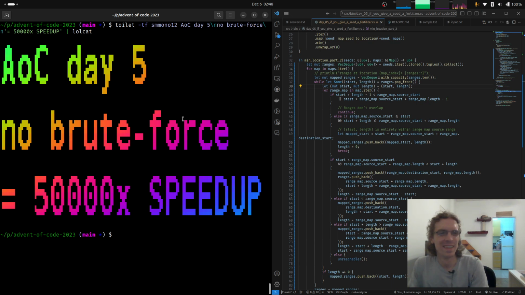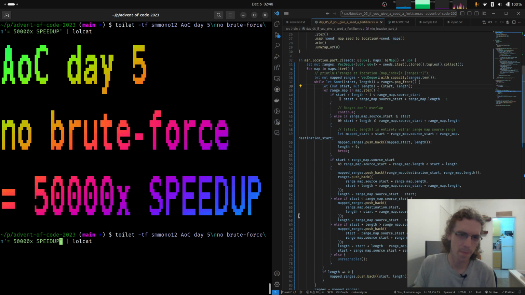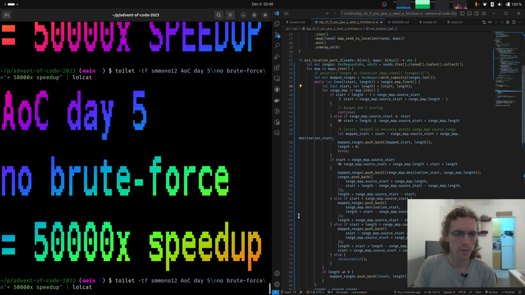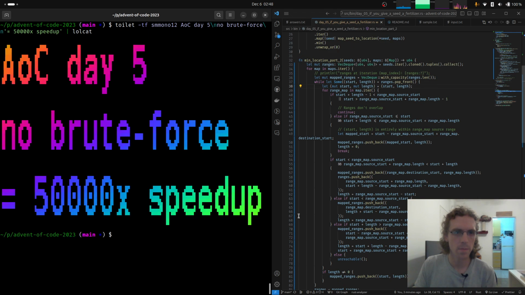Okay. No brute force equals 50,000x speed up. And to be honest, I don't like shouting, so let's say speed up with lowercase. Clear the screen. That is a